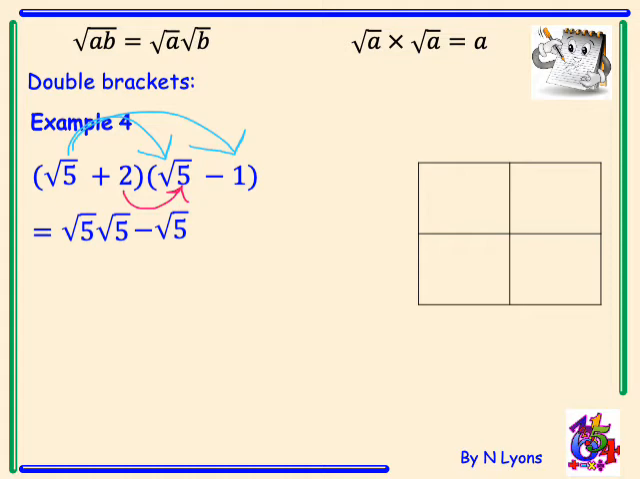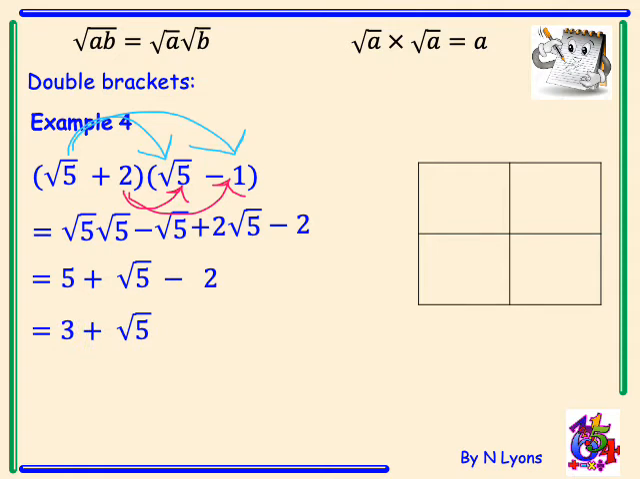Then plus 2 times root 5 is 2 root 5, and 2 multiplied by our negative 1 is negative 2. Now the first term there, if we've got root 5 times root 5 is the same root, so we'll just end up with an answer of 5. The negative root 5 plus 2 root 5 in the middle will simplify to just plus 1 root 5, and we have the minus 2 at the end. And then what we can do is combine our 5 with our minus 2 to give a final answer of